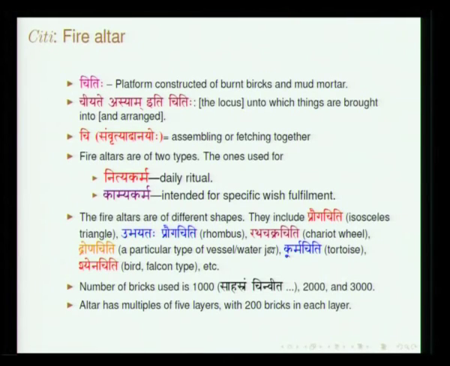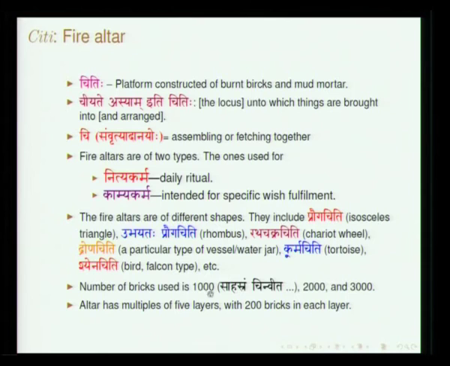Kamya means that which is desired, an action performed to fulfill a certain desire. All these kamya karmas have been prescribed to be performed in chitis of different shapes. For instance, Prauga chiti will be in the form of an isosceles triangle, Ubhayataf Prauga a sort of rhombus, Rathachakra chiti in the form of a chariot wheel, Drona chiti. Drona basically refers to a certain kind of vessel, in the form of a water jar. Kurma chiti, the tortoise, Shena chiti in the form of a